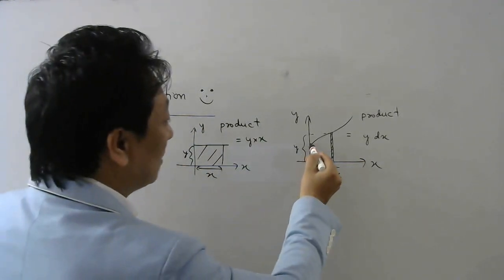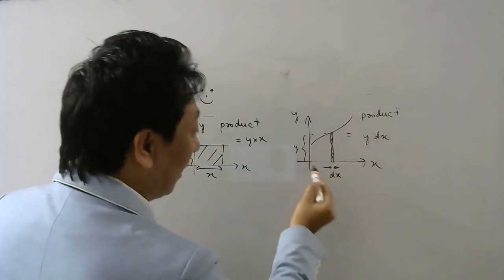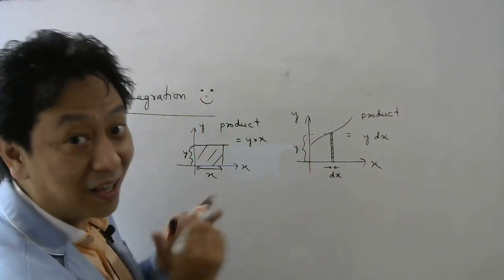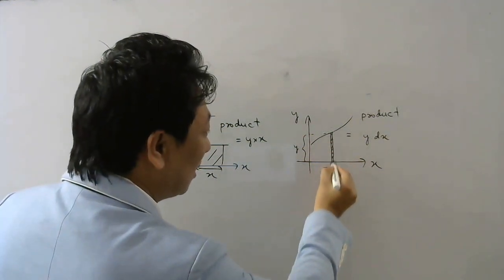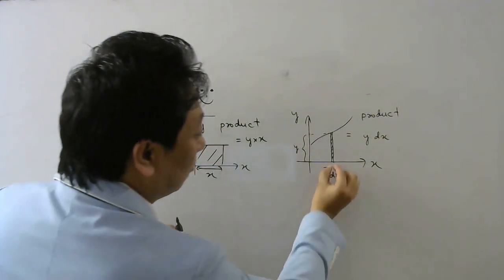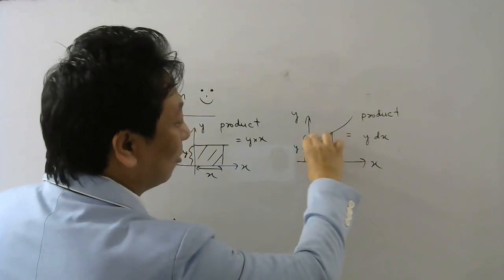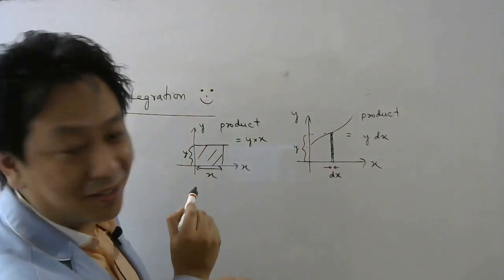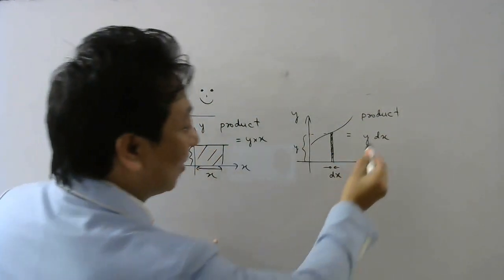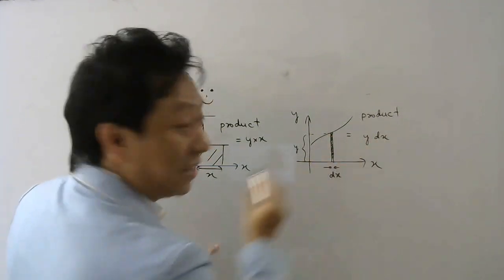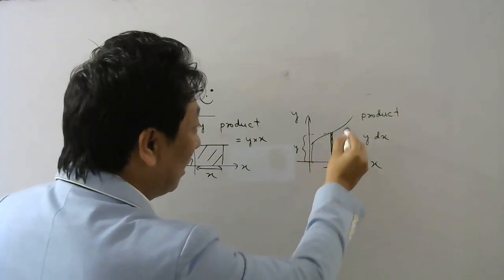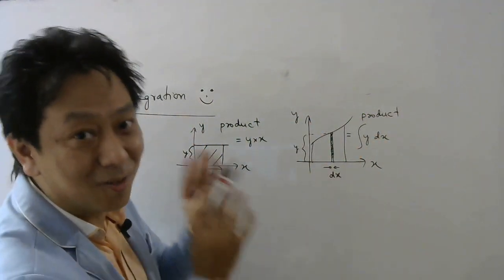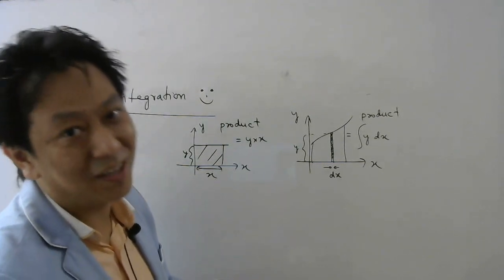However, if your y changes with x, so as you change x, your y changes, then how to find the product or the area? The idea was, take one very thin rectangle, so thin that for this small dx I can assume the y is constant. Therefore for this small strip I can consider it as a rectangle. So I can multiply the length with the breadth dx, and then to find the total area or the total product I will just integrate this small area. So this was the idea that we have used in integration, right?